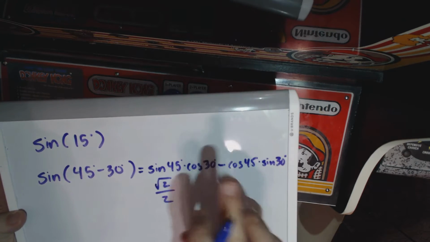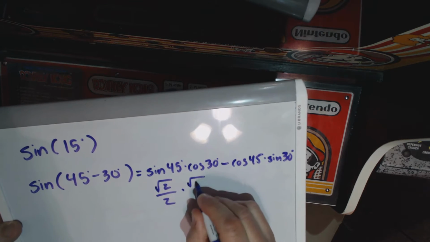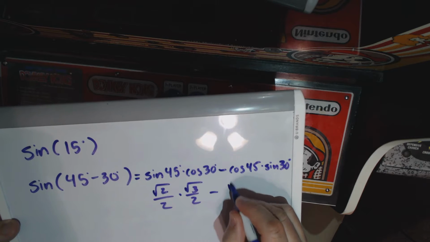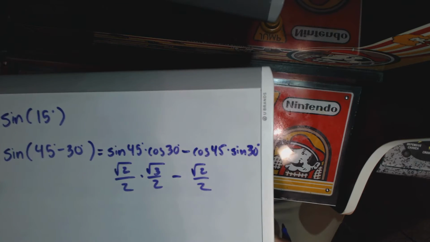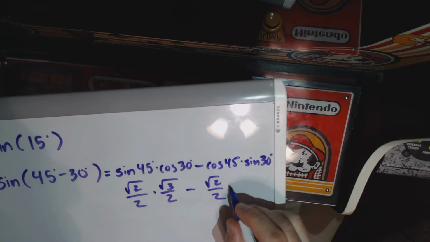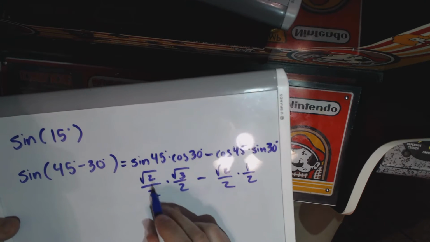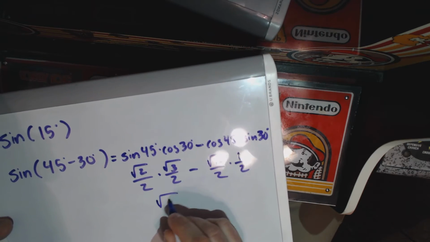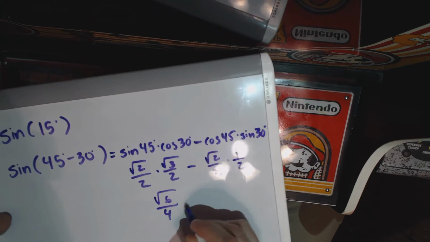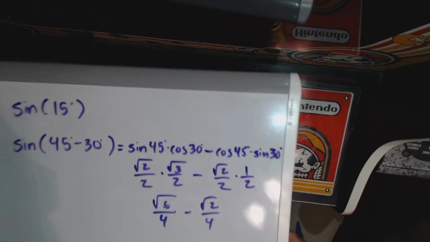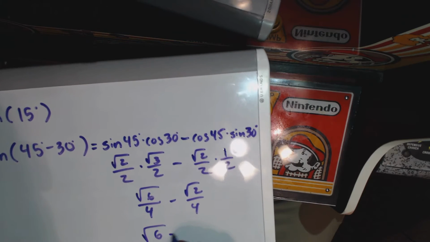Cosine 30, you go to 30, take the x value. It's root 3 over 2. Minus cosine of 45 would be root 2 over 2. Sine of 30 would be 1/2, right? If you multiply these two, root 2 times root 3 is root 6 over 2 times 2 is 4, minus root 2 over 4. And so what we can say here is